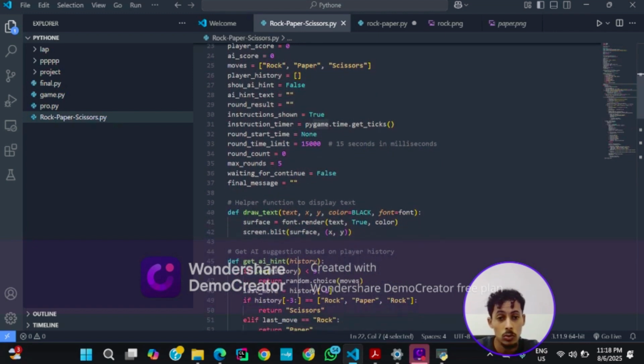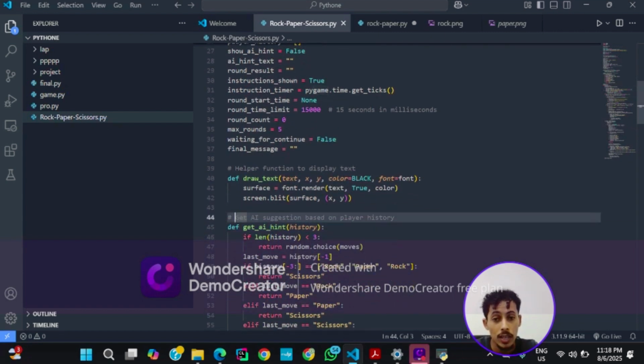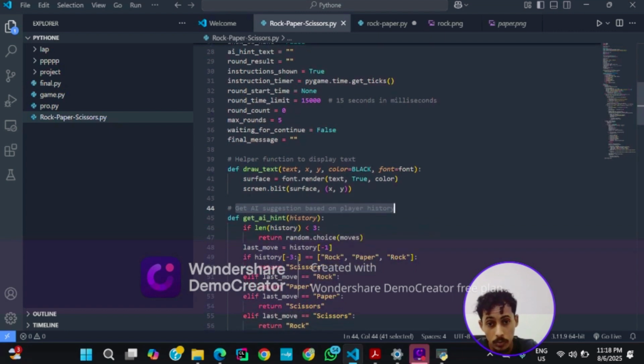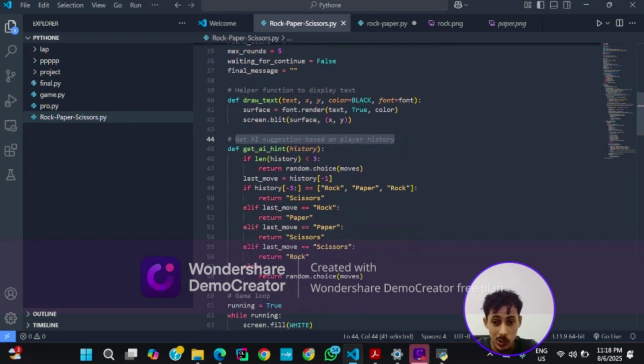We made a function to display the text on the screen. Also here, to get suggestions based on the player history, we implemented a function so that we get help from it. Based on the choices that we choose, the AI is going to help us.